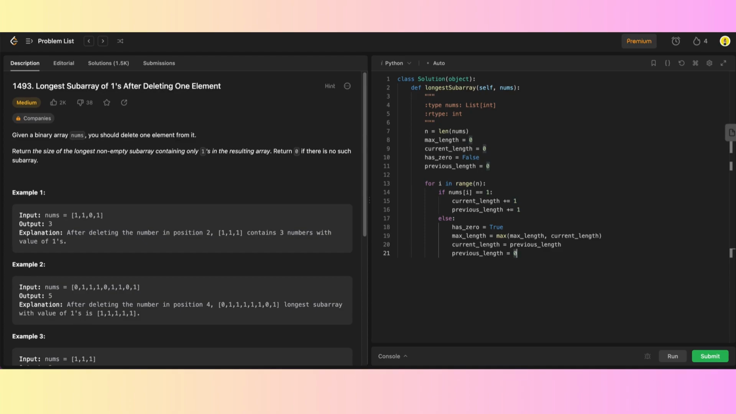Otherwise, it's just return 0, meaning there's no other subarrays of 1. So I think that makes sense. So let me visualize this. I would do the max length equals basically this. I'm just going to copy this. Lazy programming, I know. And so then if has 0,